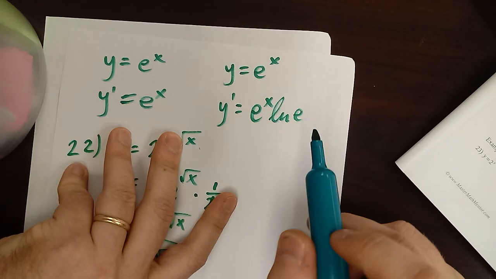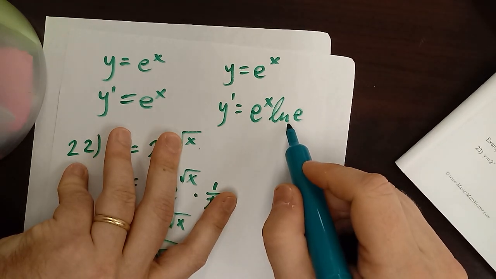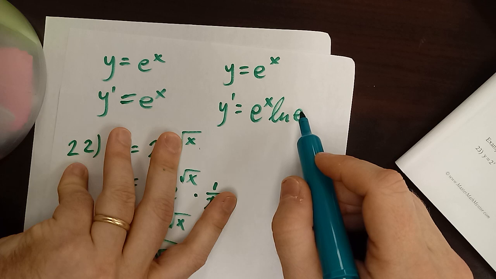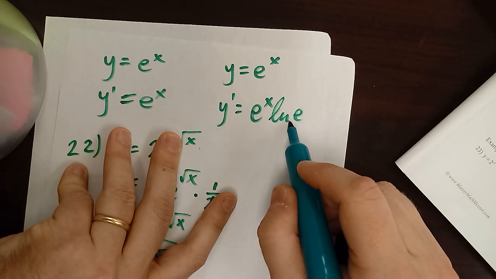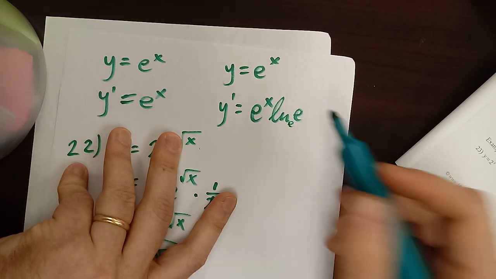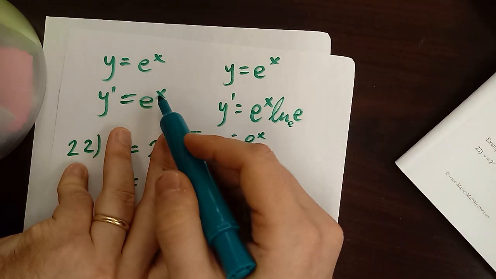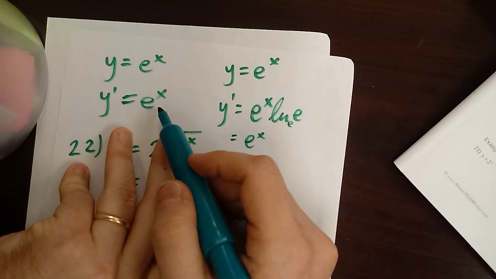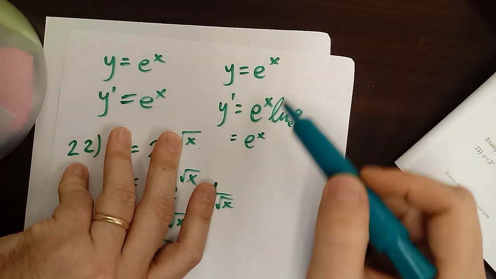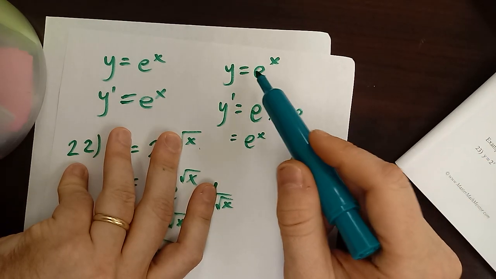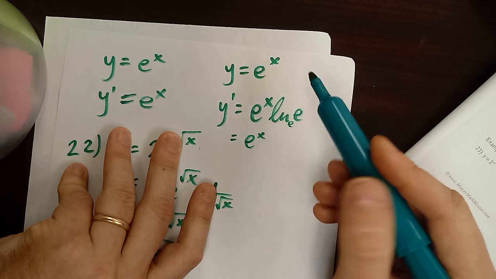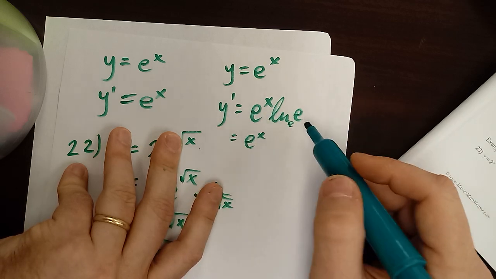Remember, that's saying our base to what power gets us e. Remember, our base with ln is e. So e to what power gets us e? Well, it's 1. So this actually just turns into e to the x. So the truth behind this, I know, I'm a truther, is that the derivative of e to the x is e to the x ln e. So I'm telling you this